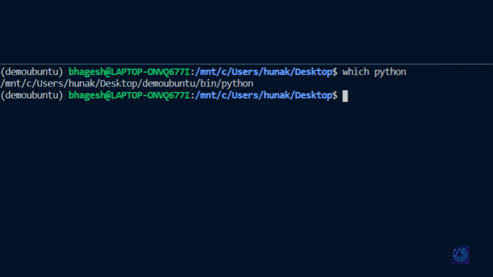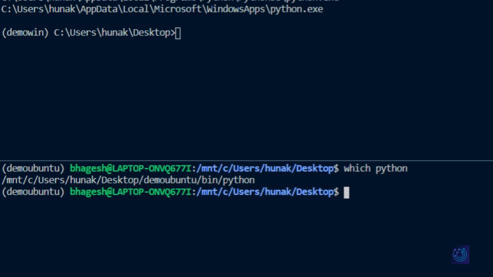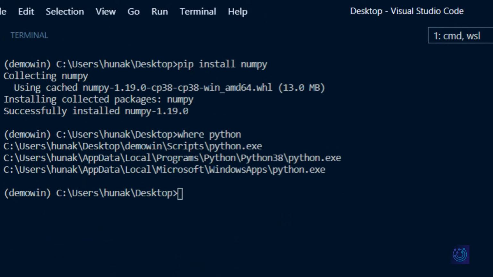If you see, it'll give you the current root directory of the virtual environment which you have created. So just in case you want to find out in which directory your current virtual environment is in, the virtual environment which you have activated right now, you can just type in which python in Ubuntu and where python in Windows to find out the working directory in which your virtual environment has been created.